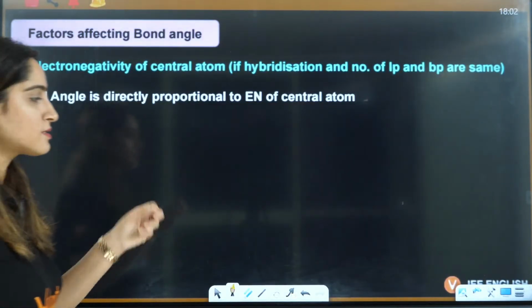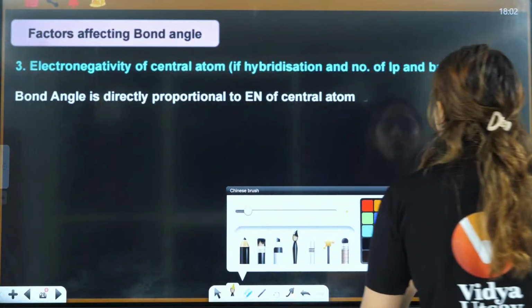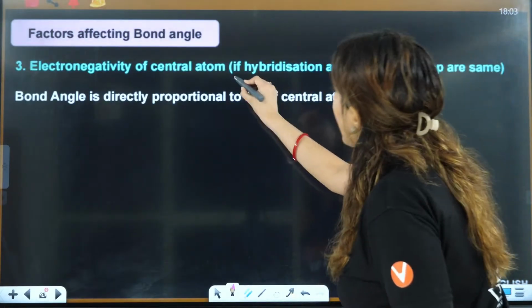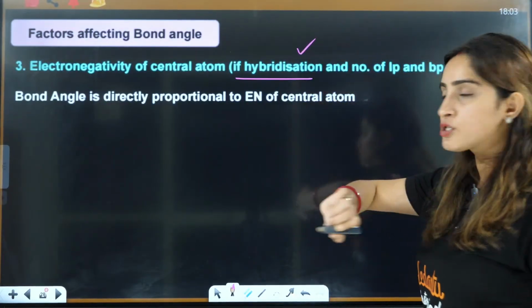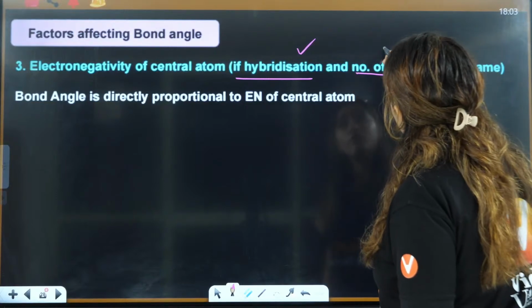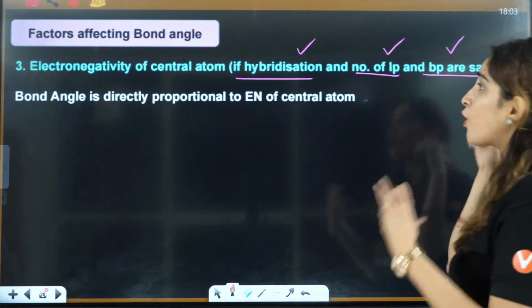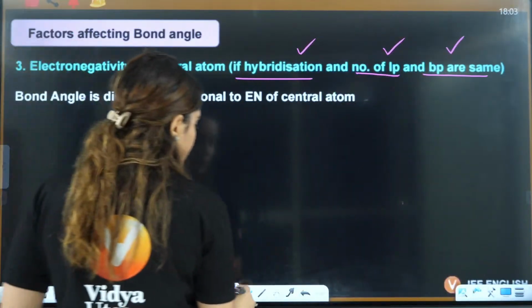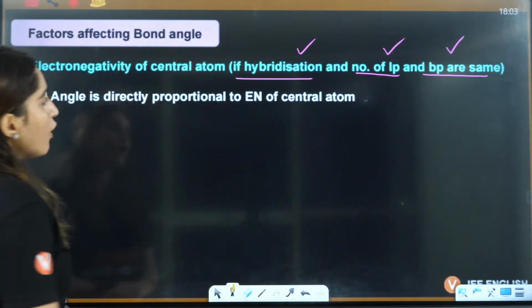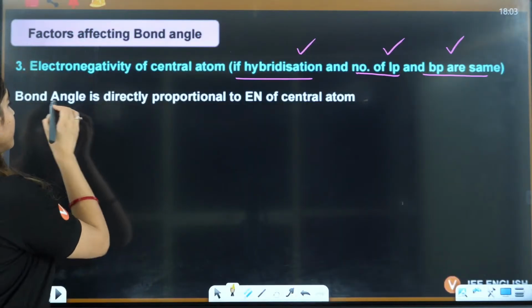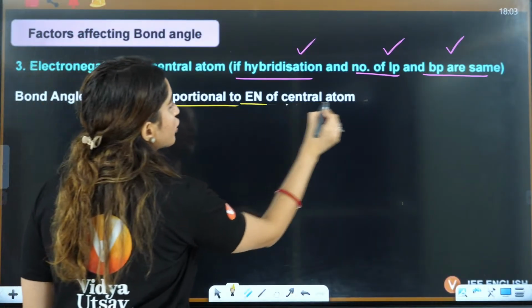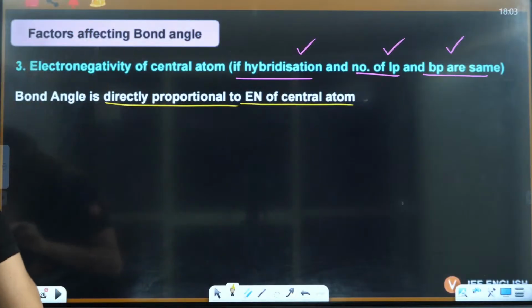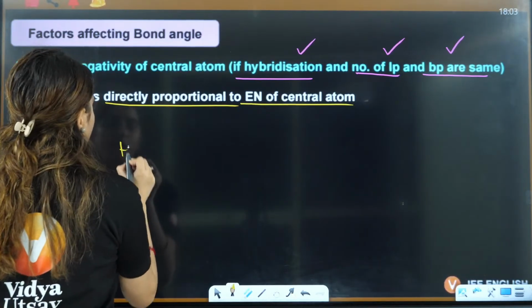Now third is, ma'am, hybridization is also same, right? Ma'am, I calculated the hybridization, that was also same. Ma'am, I calculated the number of lone pairs and bond pairs are also same, ma'am. Now what to do? Okay, now what to do? Now in that case, bond angle is directly proportional to electronegativity of central metal atom. Let me just show you some examples for that. Let's see, H2O,